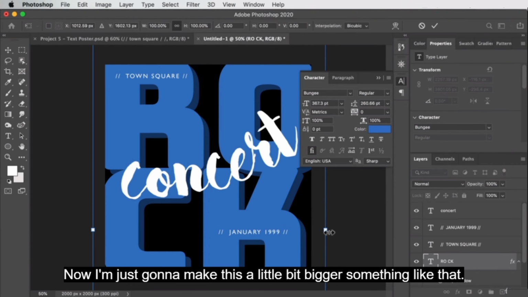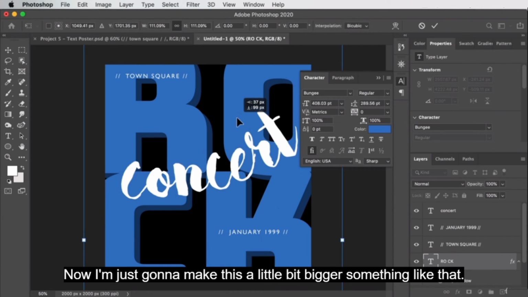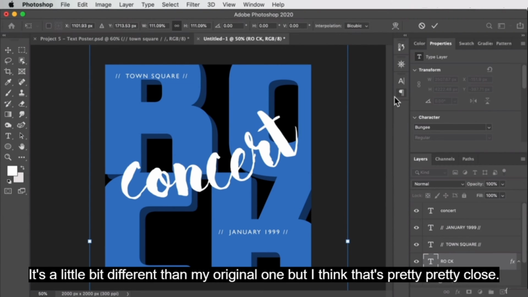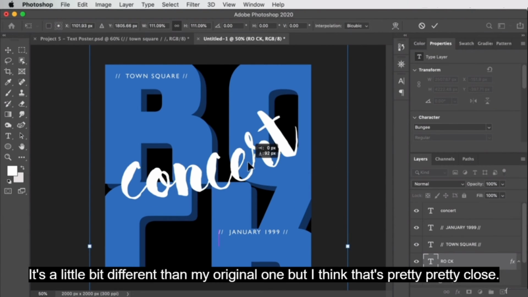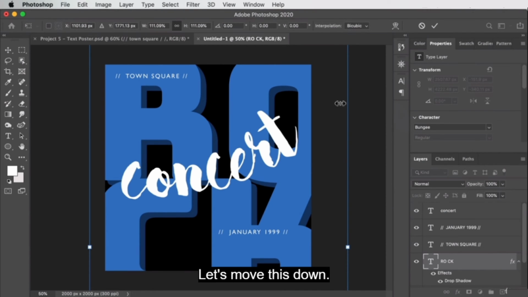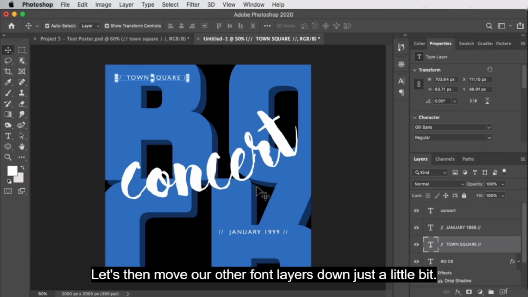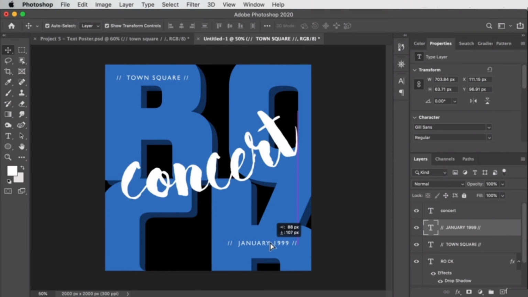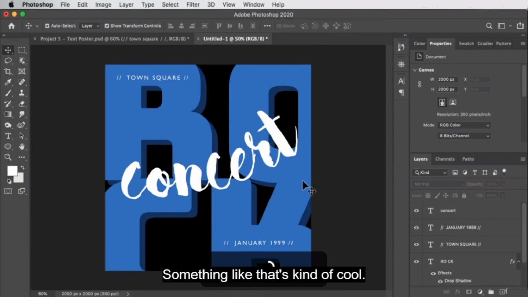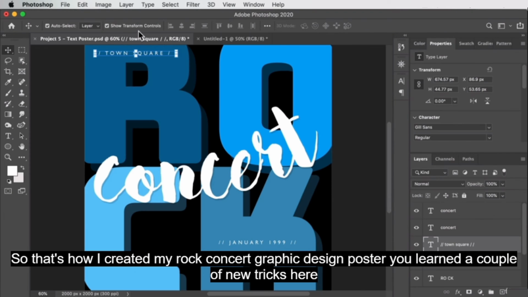Now I'm just going to make this a little bit bigger. Something like that. It's a little bit different than my original one, but I think that's pretty close, pretty neat. Let's move this down. Let's then move our other font layers down just a little bit. Something like that. It's kind of cool. So that's how I created my rock concert